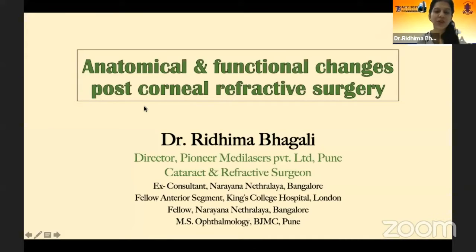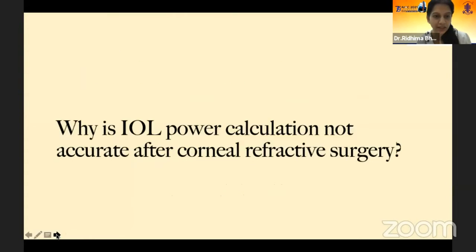Good morning, everyone. So I'm going to start off this instruction course with anatomical and functional changes that happen post-corneal refractive surgery. But this is going to be discussed in the context of what role they play in making our regular IOL power calculation inaccurate, and trying to understand why these errors occur and what we can do to overcome them. So I'm going to discuss some basic concepts, some theoretical discussions, and hopefully when we move on to more practical case discussions further down in the IC, this will be of use.